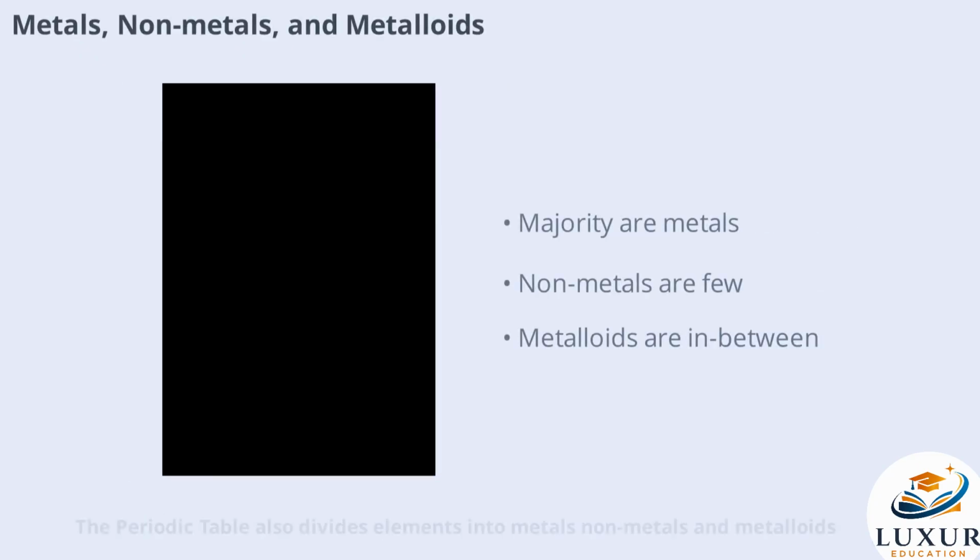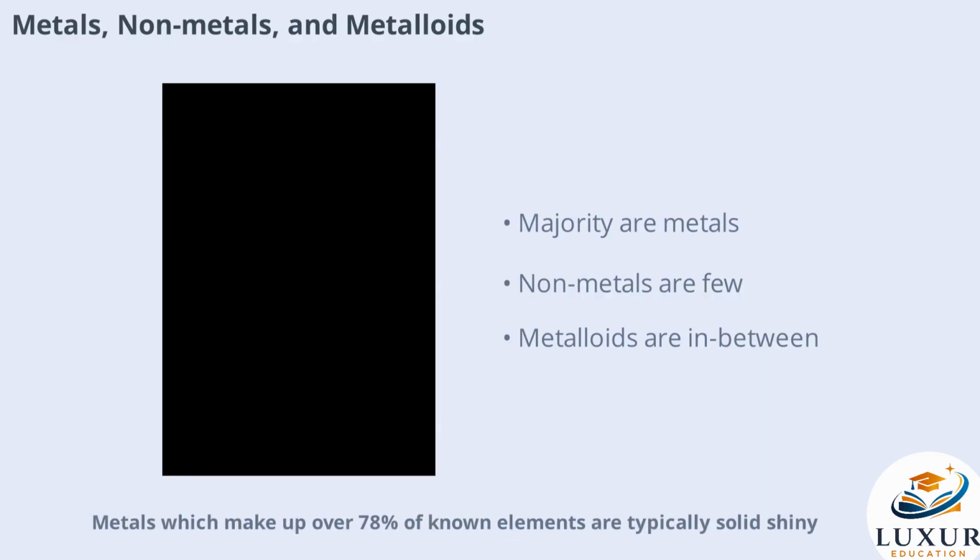The periodic table also divides elements into metals, nonmetals, and metalloids. Metals, which make up over 78% of known elements, are typically solid, shiny, and good conductors. Nonmetals, found on the top right, are usually gases or brittle solids with low conductivity. Metalloids, such as silicon and germanium, have properties intermediate between metals and nonmetals, and are found along the zigzag lines